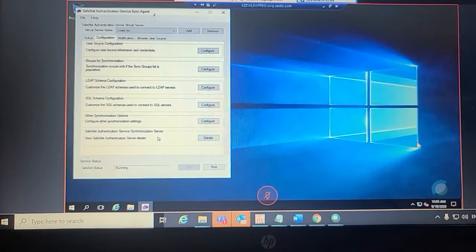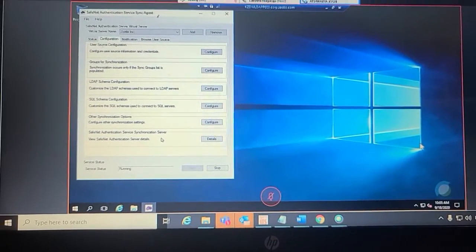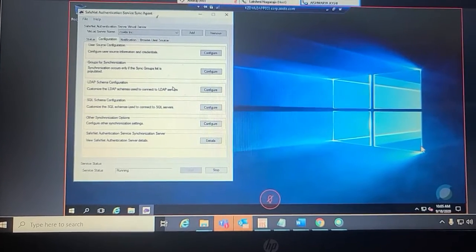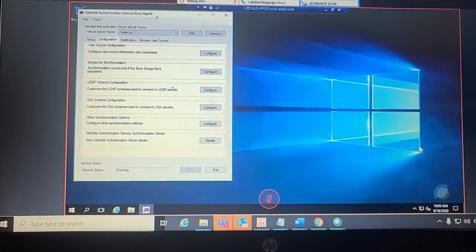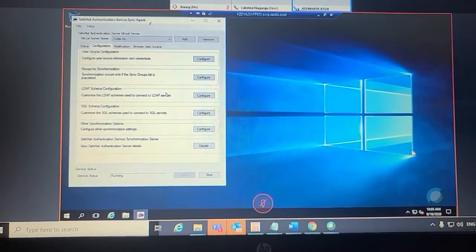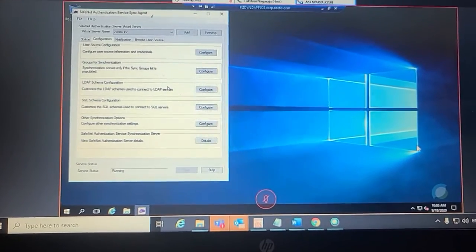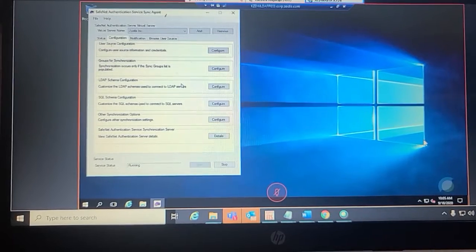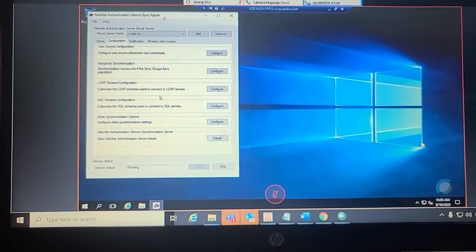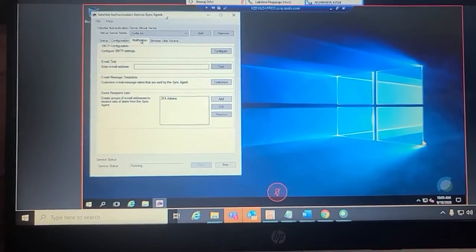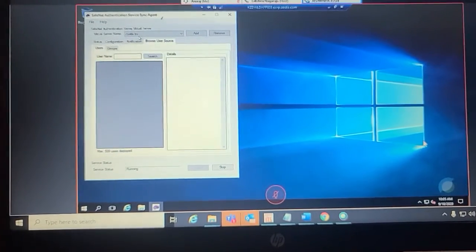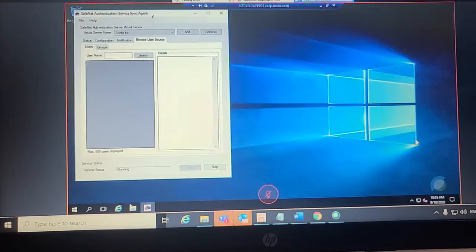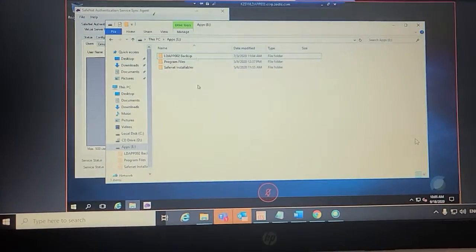These are some steps which we have to follow while installing the agent. This need not be checked on a day-to-day basis, but if you want to update the LDAP sync agent, or uninstall it and reinstall it, these are some settings of the LDAP sync agent. These are not day-to-day activities we have to perform.